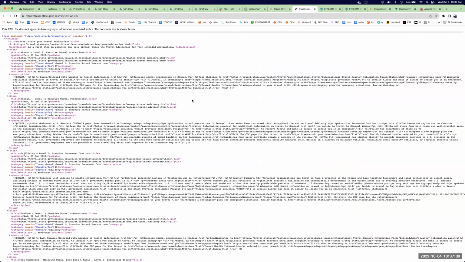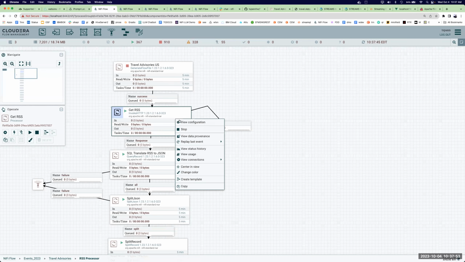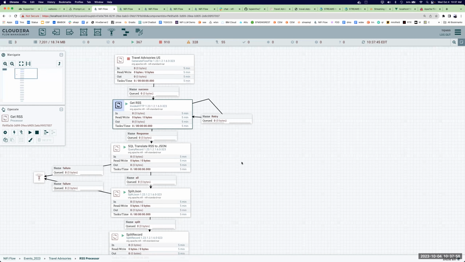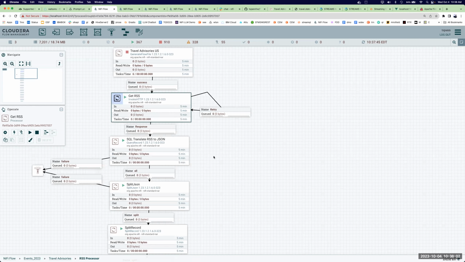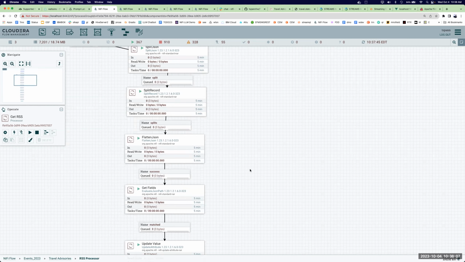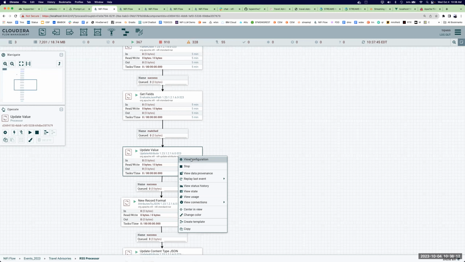And they've got it all here in RSS format. I can pull that into an RSS reader. Sure, I could do a lot of cool stuff like that manually, but I have NiFi. I'm not doing manual anymore. So I'm grabbing that RSS endpoint here, and I'm going to take that really ugly RSS, convert it to JSON, and flatten it, squish it, clean it, pull it apart, take out the fields I want, flatten them,